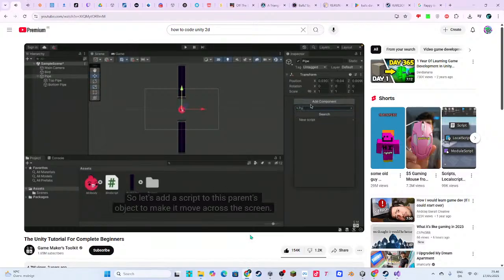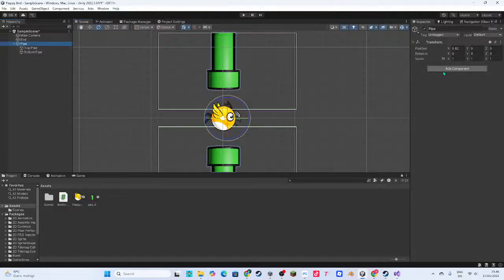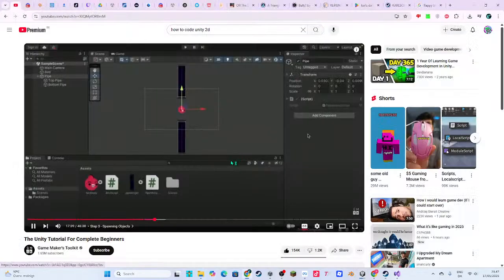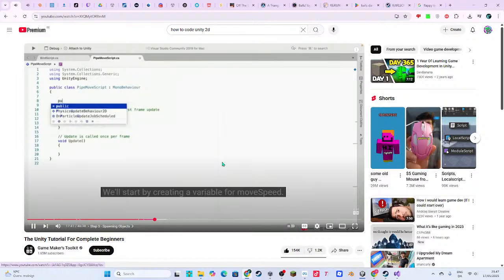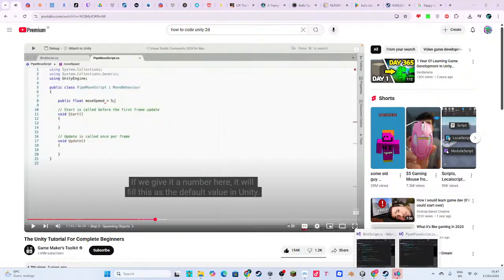So let's add a script to this parent's object to make it move across the screen. We'll start by creating a variable for move speed. If we give it a number, big float.